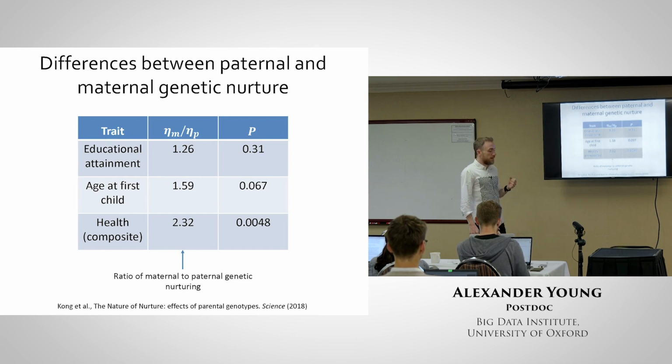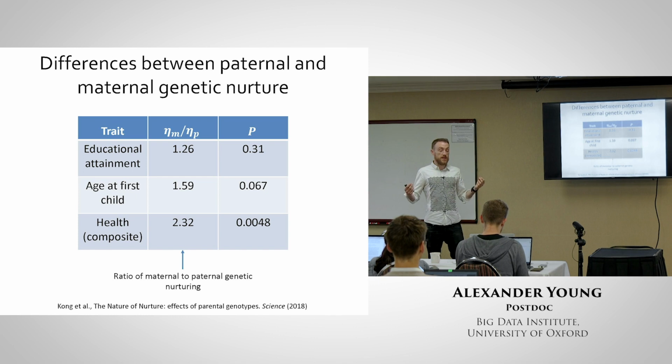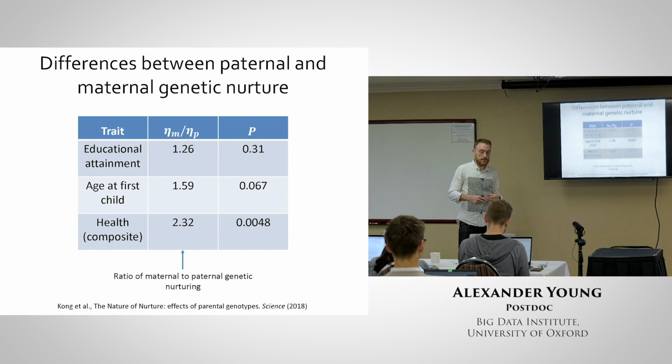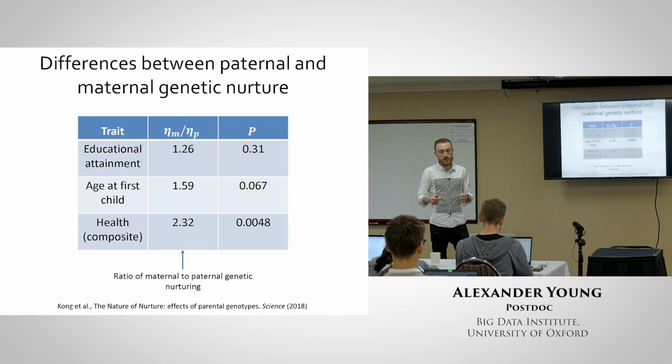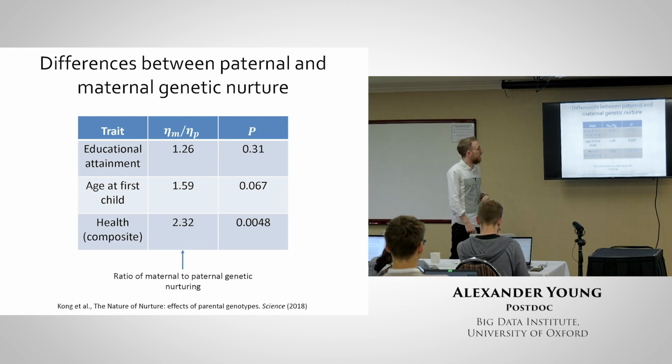Then there's a question of differences between the effects of mothers and the effects of fathers, and I think this is a good example of how this genetic information can actually be used to investigate what happens in the family environment, because you might question, are mothers or fathers more important for the health or the education of their offspring? And you could potentially investigate that through genetic variables. We didn't have a lot of power to do that, but we did see some evidence, not statistically significant, for greater contribution from mothers for educational attainment and age of first child.